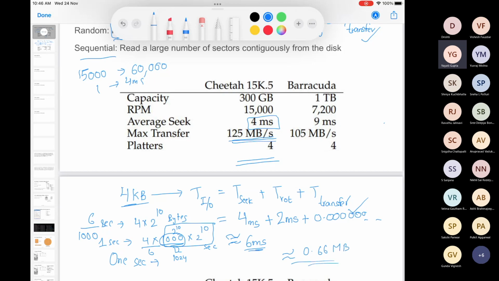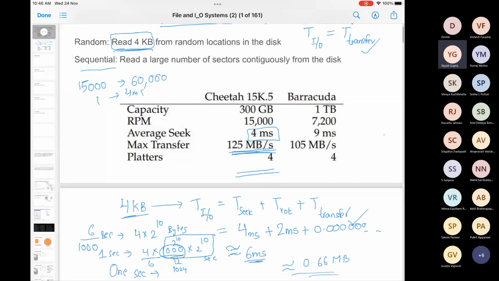So you see, if your workload is random, it drastically reduces the speed of your hard disk. It's actually 125 megabytes per second, but if your workload is random, it just became 0.66 megabytes per second. In case you are handling random workloads of 4 KB, and think about what these random workloads are, just the size of a sector, means after every 512 bytes you have to relocate to some other place, this rate will reduce all the more further.